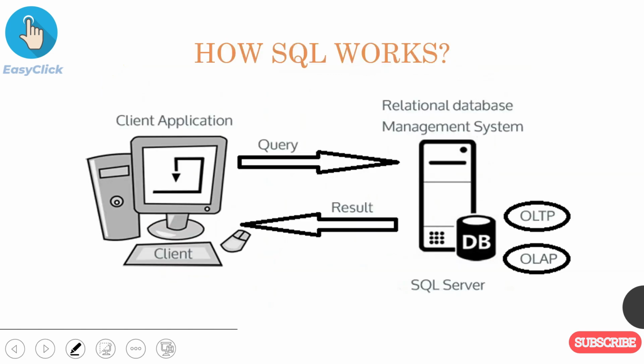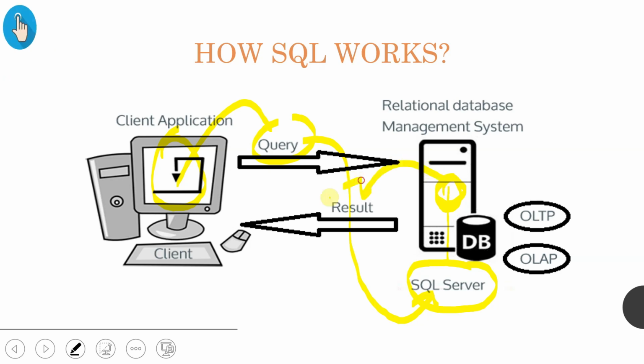So how exactly does SQL work? As we took the example of Amazon, if there is some problem, then the client appointed in that department will write a query to the SQL server where the database is stored, and the server will try to fetch the value from it, right? It will solve the query, and give the result in the form in which the client wants. This is how SQL works.